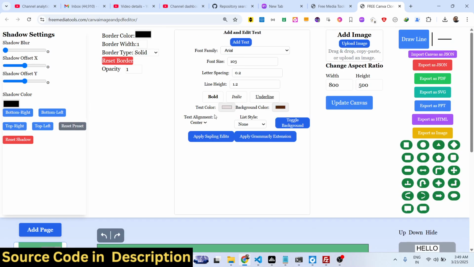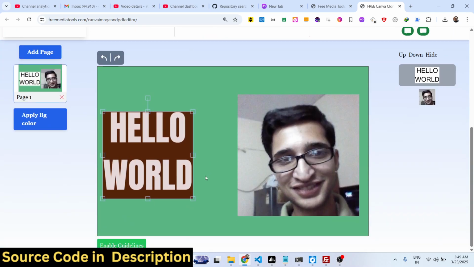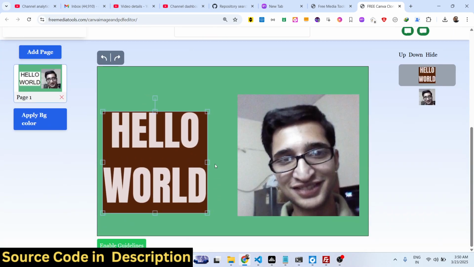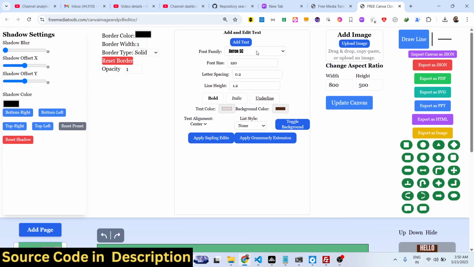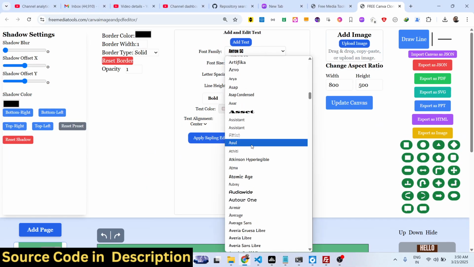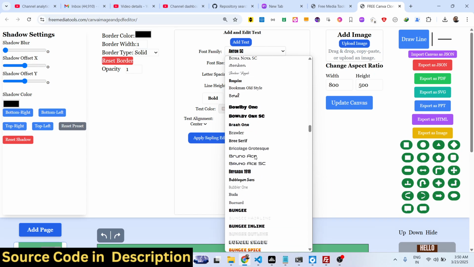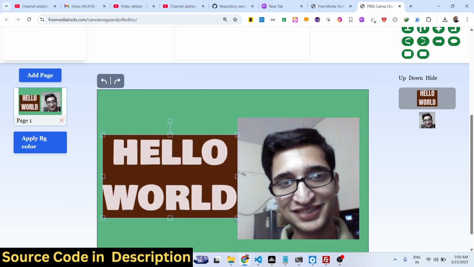And then we also have, you can change fonts here. All these fonts, you can select any font of your choice. So this is actually similar to Canva, which has multiple fonts here. From this drop down you can actually select all the major fonts which are there. Simply select. So you can see that. So as soon as you select,